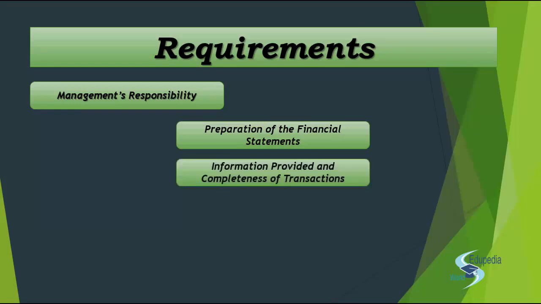Next you have information provided and completeness of transactions. So you will take a written representation from the management that whatever information they have provided is correct. Or okay, if it is not correct, then they have at least provided all the information that you required, right? In the engagement letter, you must have specified that these are the information that we need. You must give us access to all the information, all the personnel, all the data, all the documents. This is the precondition, if you remember, right? So it is provided in the engagement letter that you should be provided with relevant information and access, which is agreed in the audit engagement.